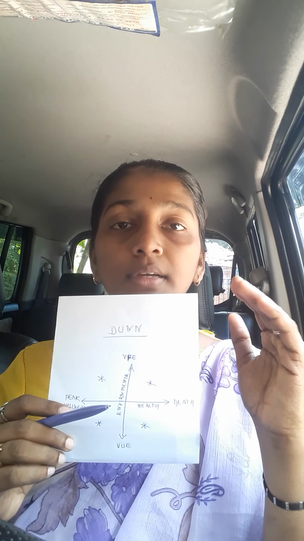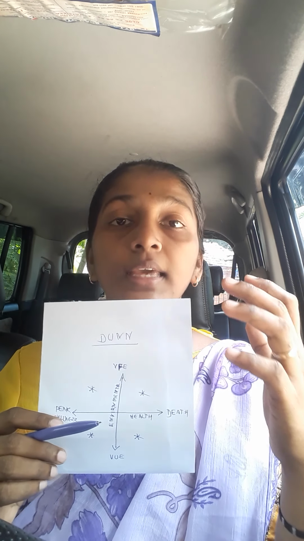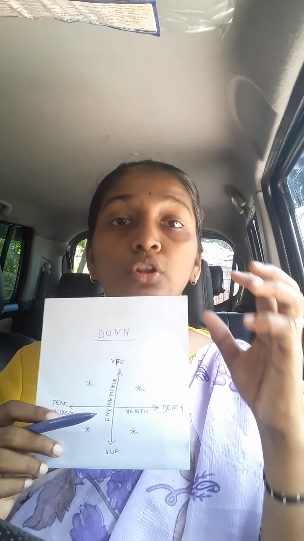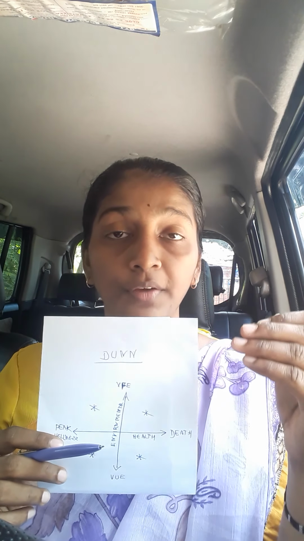Okay, now here peak illness to death. What happens when the individual has peak illness, in the sense he is suffering with a problem, but his environment is very good and favorable? Though he is suffering, he is able to get care, some kind of favorable environment which helps him to gain good health. So he is recovering from his illness. Now the same person with illness in an unfavorable environment: a person has illness, and along with that the environment is not good. So definitely he moves towards death.